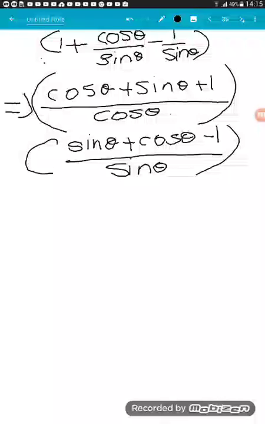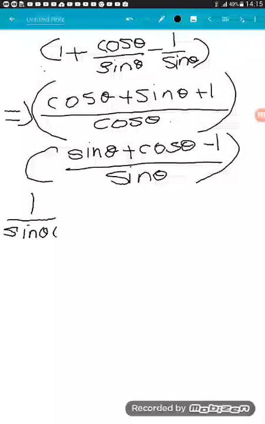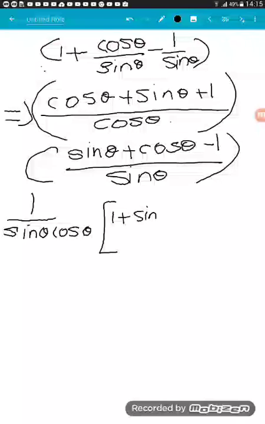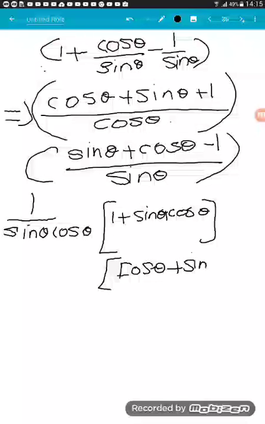now sin theta and cos theta we can take out, so it will become 1 by sin theta cos theta, and the bracket will become 1 plus sin theta plus cos theta, and bracket 1 plus sin theta cos theta, hmm, cos theta plus sin theta minus 1. And now we will leave it like this, and now we will solve this